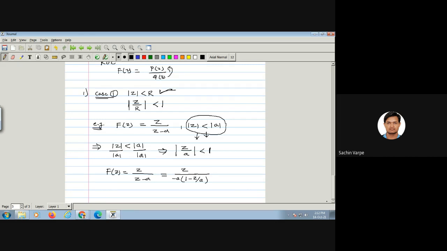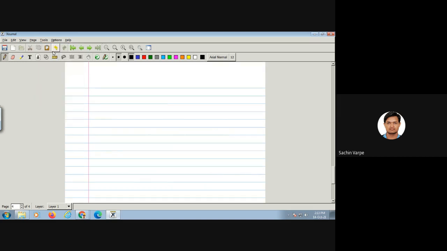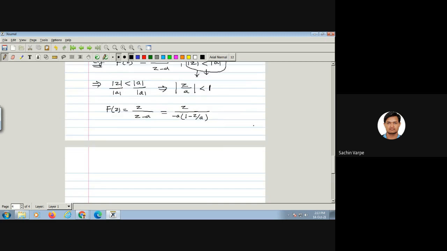By taking minus a common from the denominator, you can see here that a will be in the numerator, and it will be of the form z by a upon 1 minus z by a. So wherever there was z, I'm having z by a now. Therefore, I can write this as f of z is equal to,